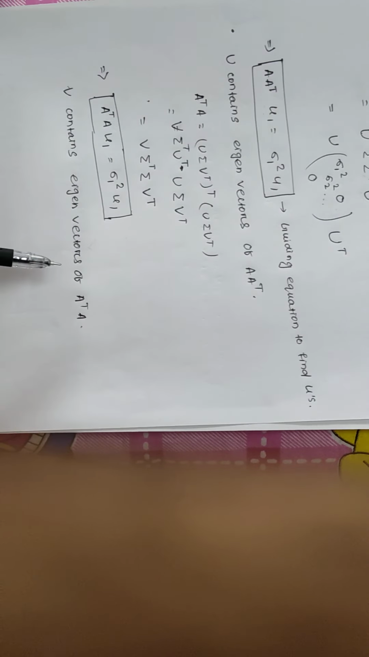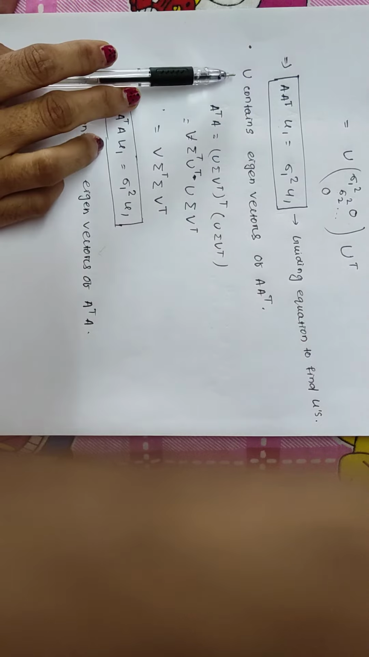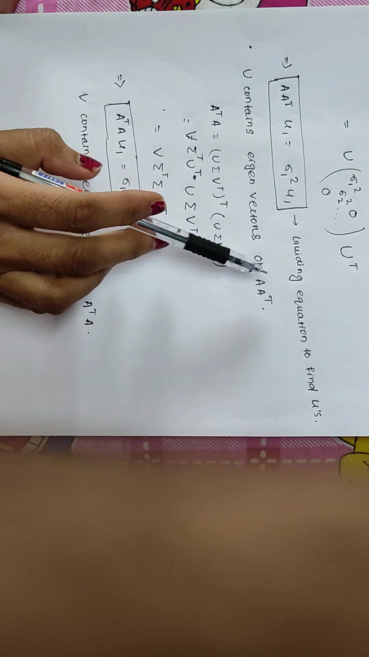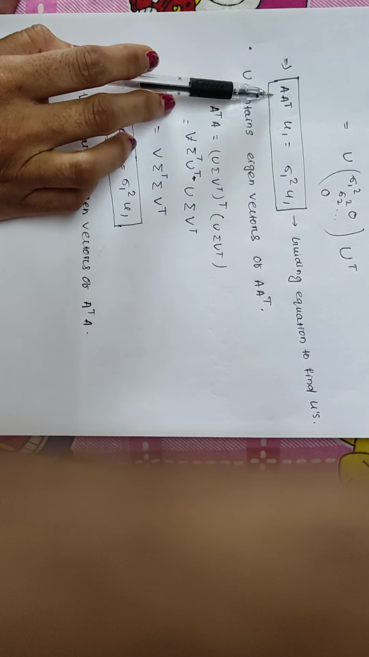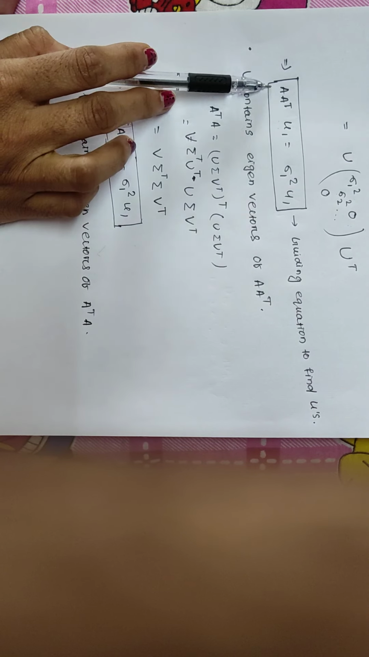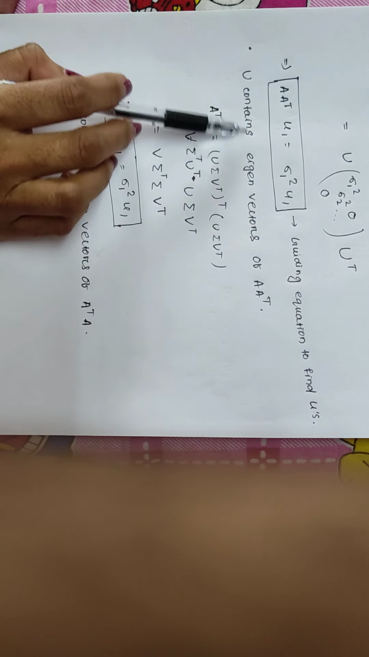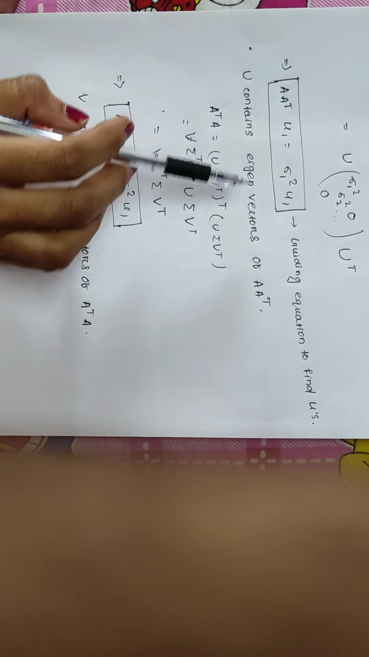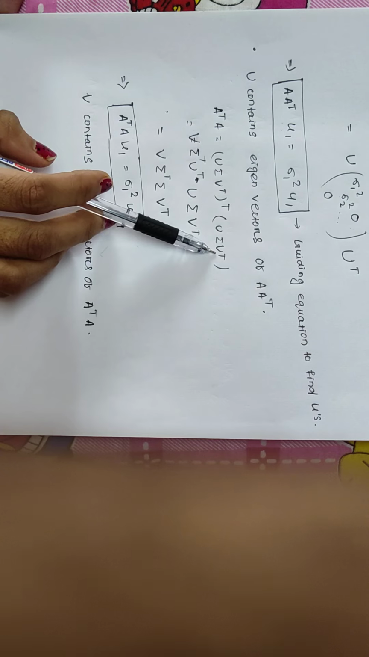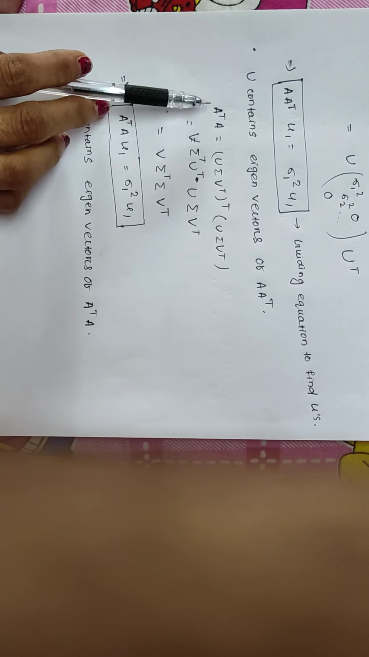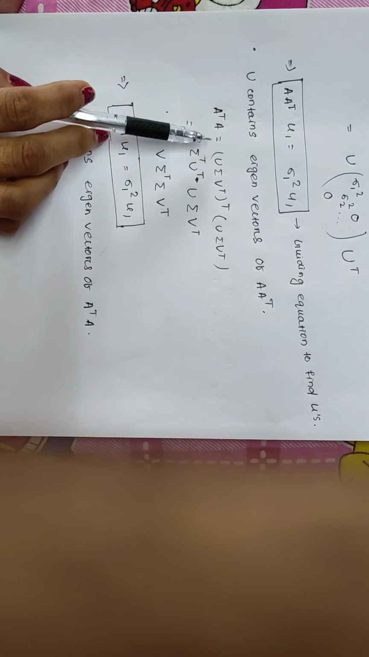Similarly, to find V, where U contains the eigenvectors of A transpose, if we calculate the eigenvectors of A transpose, then we will get the eigenvectors of U. Now similarly for getting the values of V, if we calculate A transpose A, then it is going to be